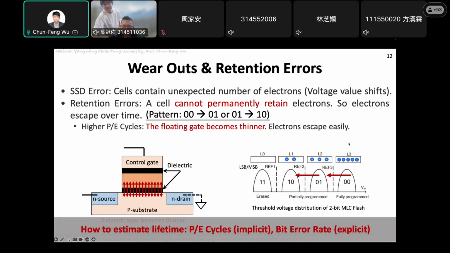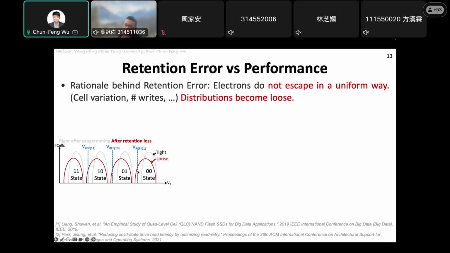So it becomes more serious, with higher probability, for the 00 to 01 and 01 to 10 states. Due to this, 00 and 01 will become looser than 10 and 11. And when the distribution becomes looser, then when you use a standard voltage value to read our data,